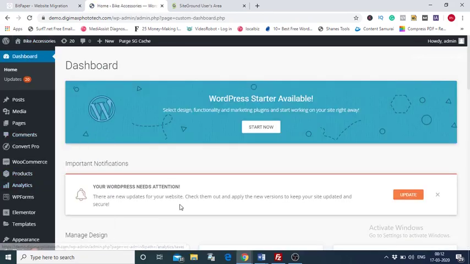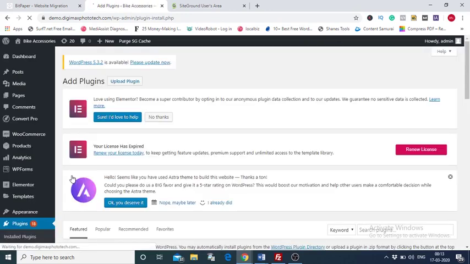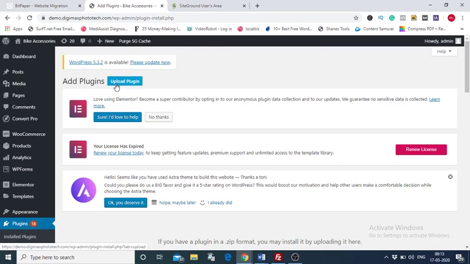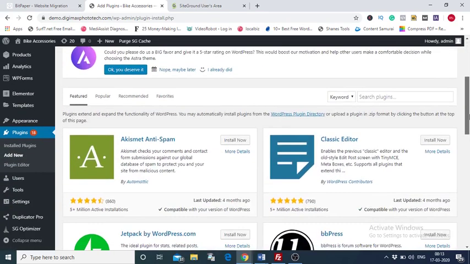Then from dashboard, I will need to go to plugins. Okay, within plugins, I need to go to add new. From add new, I will go to upload plugin. Click on the upload plugin. Once you have clicked on the upload plugin,